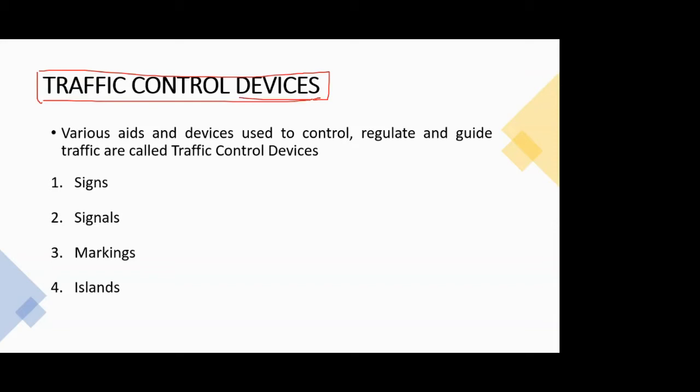Though the word is devices, when we look into what goes into this, you will come to know that it's not actually a device or a mechanical working thing. It is something more of a stationary kind of thing, but it acts as a guiding tool for the traffic to move in a particular direction. In traffic control devices, you have four predominant ones: signs, traffic signals, traffic markings, and traffic islands. We'll see them one by one in brief.